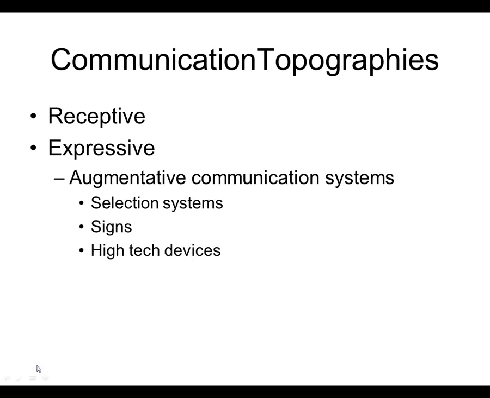To begin, when we have typically thought of communication, we have classified it by topographies, which we would normally say would be receptive and expressive language. I'm going to show you that there's another way to classify our communication other than topography. But in the topography system of receptive and expressive, basically receptive is understanding and identification, and expressive is the output of the language and the communicating to an individual versus being the receiver.